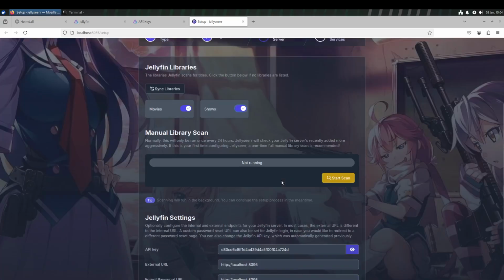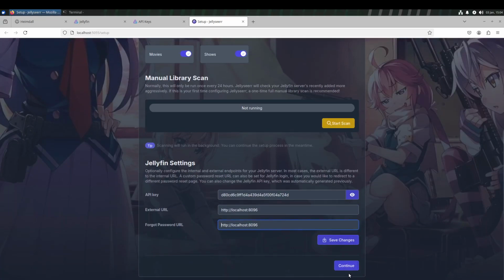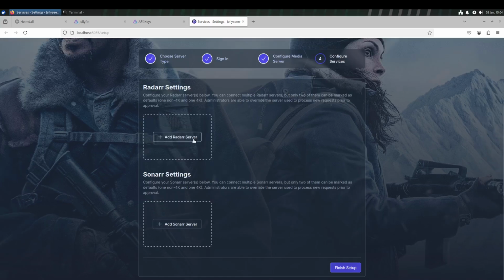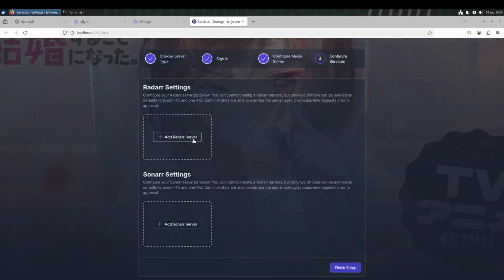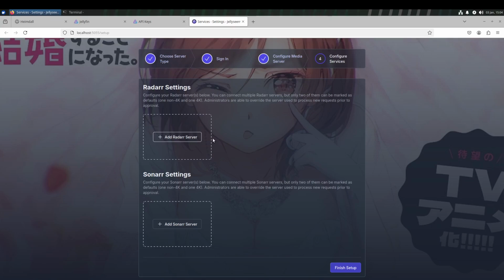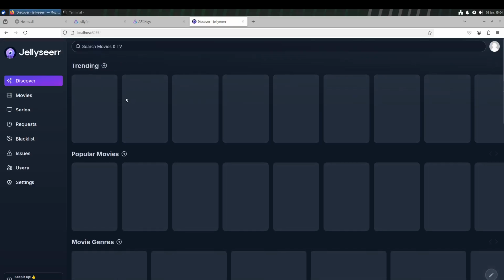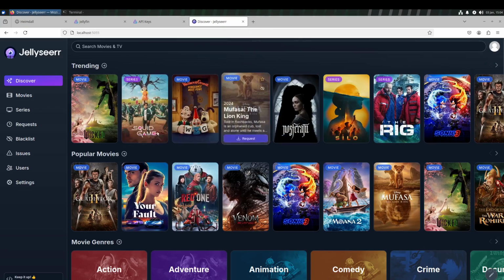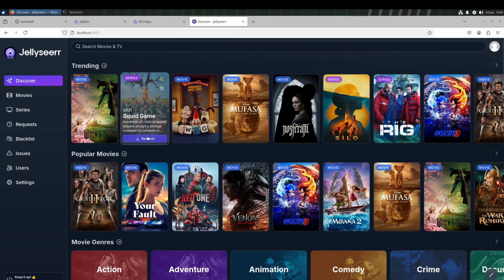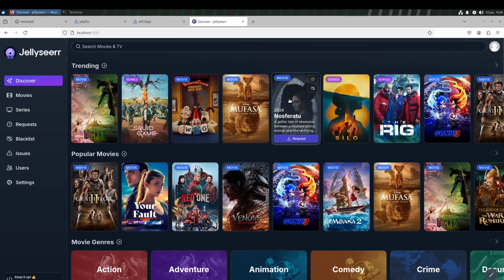Okay, so libraries are synced, and now I should be able to essentially add Radarr, add Sonarr, for TV series and movies, or I can just get out of this altogether so you can see what JellySeer actually looks like. And so if you wanted to put anything in the queue, you just select it and choose request. And then